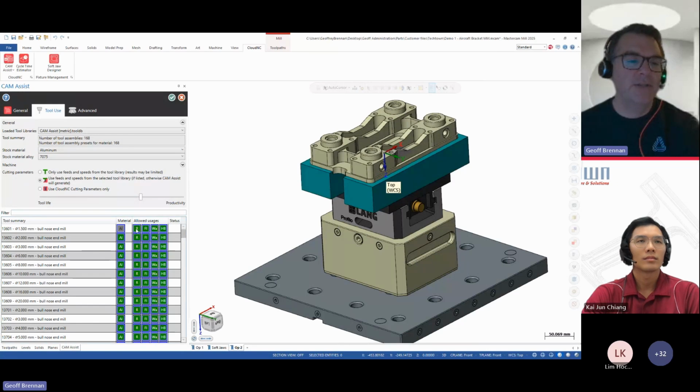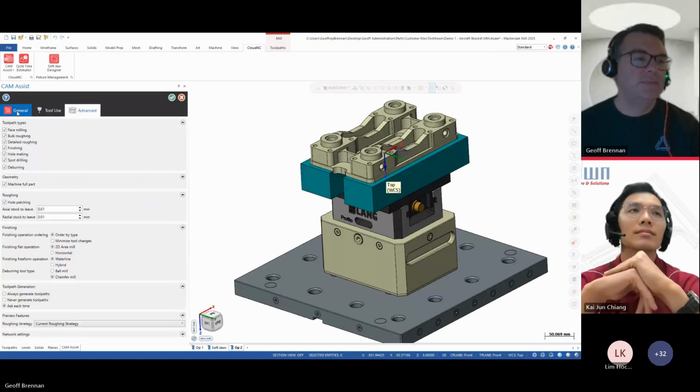These are the operations: roughing, flat finishing, wall finishing, and helical boring. If I don't want to use this tool for helical boring, I could disable it like that. It gives you a bit more control. These don't affect what's happening in the tool.db file, but they are persistent in Cam Assist. So every time you call up this tool library now, it'll have these settings until we make those changes.